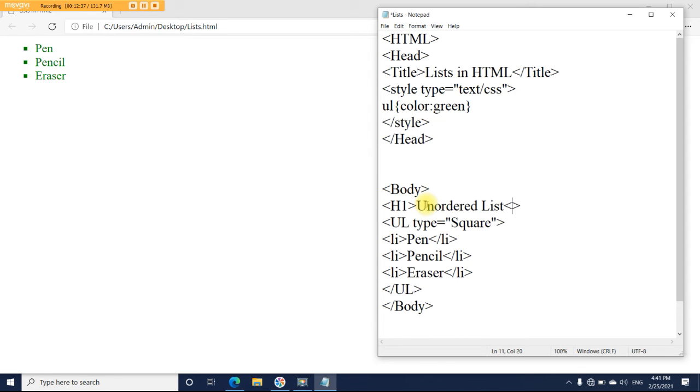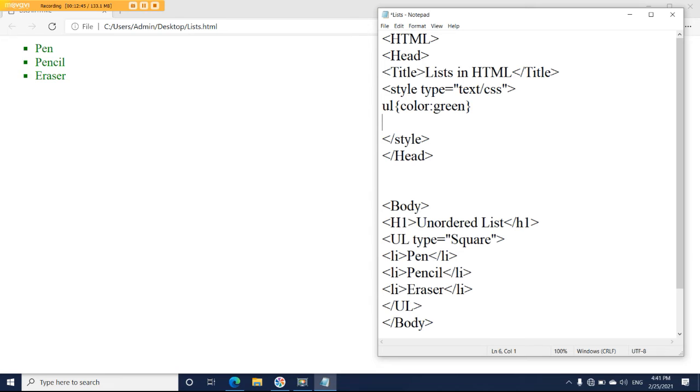Close this h1 tag. And into the style tag we will pass here h1. Into the curly bracket we'll pass another color for h1. Color colon red. Okay. Save this